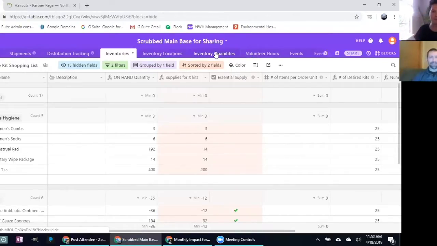Yeah. Then of course we have a table for tracking volunteer hours. That's pretty straightforward, but it's important because we provide our volunteers medical coverage if they're working with us. So if they get injured, we'll provide what we can. And then